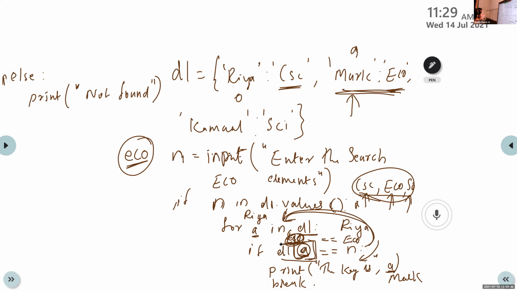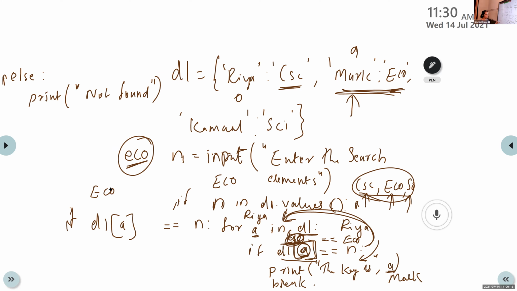No. Here you can use upper or lower. Okay, I will explain. If D1 of A is equal to N, that is the statement. Here the content is ECO. We want to convert this into upper, and also here we want to convert that content into upper.